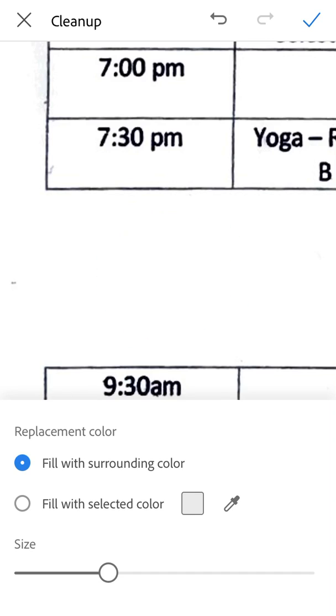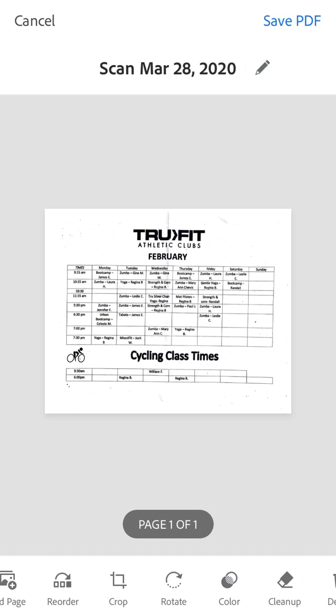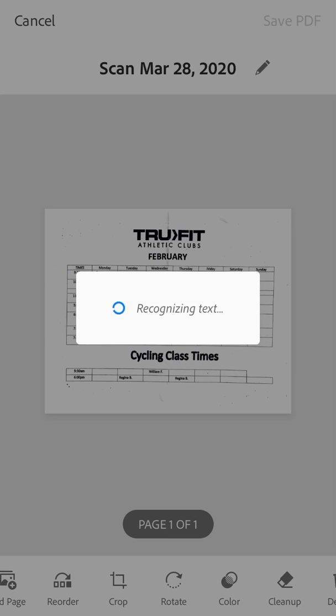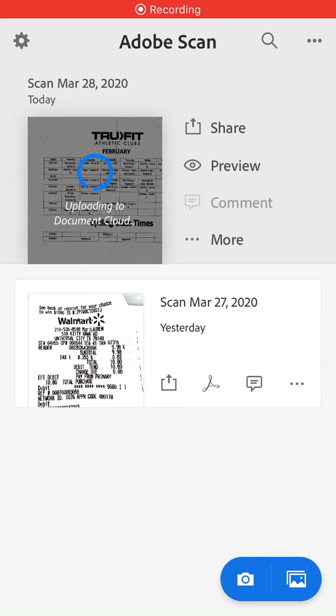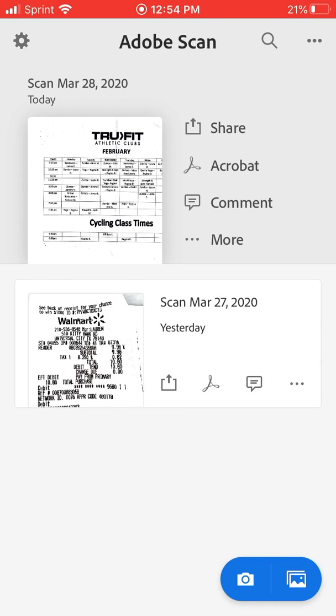And got it. And then in the top right corner, I hit the check mark, and that'll save the document now without the bicycle person on it. Top right corner, I can hit Save PDF. This will save it as a PDF file. Now the options on the top right menu, you'll see it says Share, Acrobat, Comment, and More. You can look through those and familiarize yourself with what to do with those, but I'm going to select the